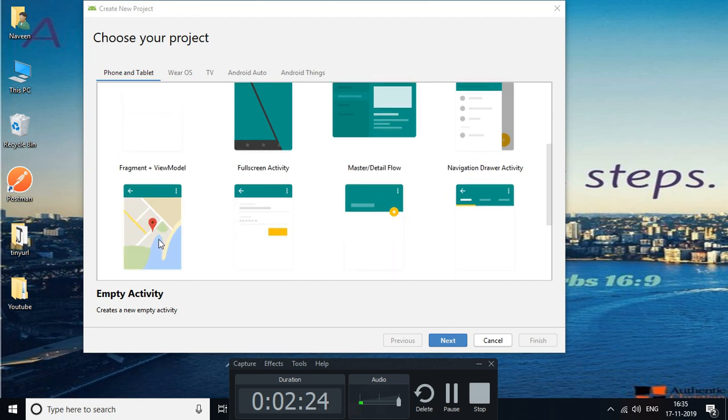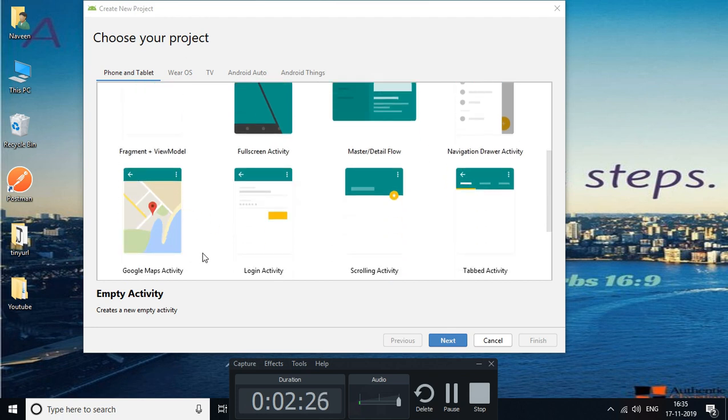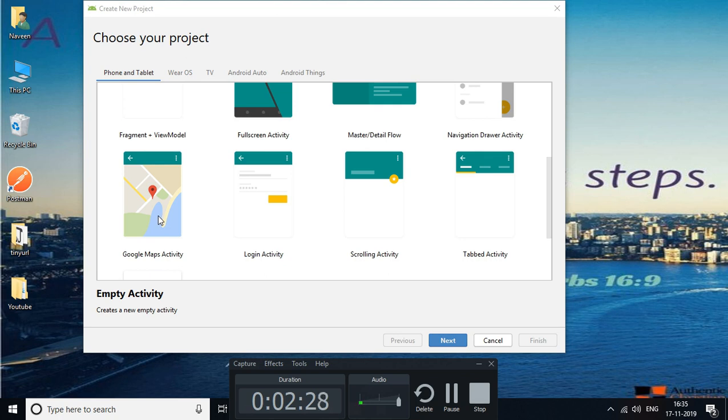There is also what is called a Google Map activity, which you can integrate in your app. Or suppose you want to implement login features, you don't have to create a page for login and then add all the controls like text box, edit text and others. You directly select the login activity and it will do all the tasks on your behalf.